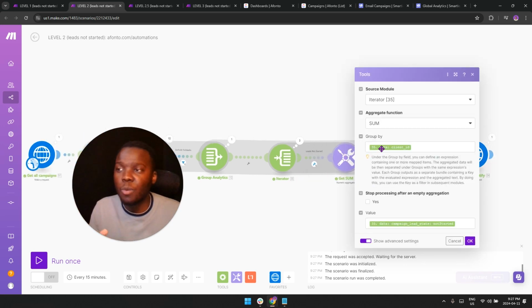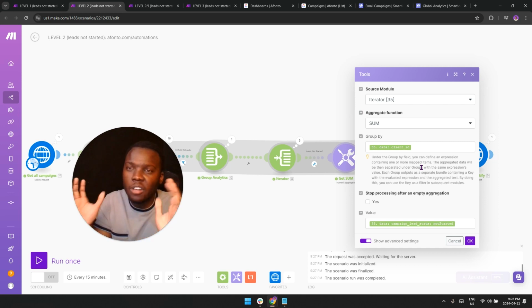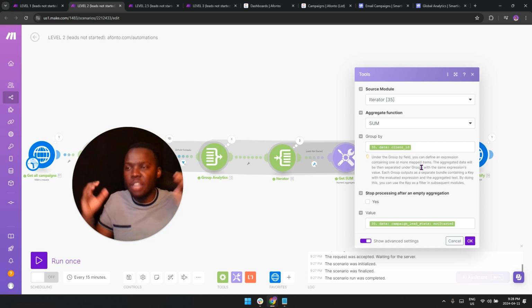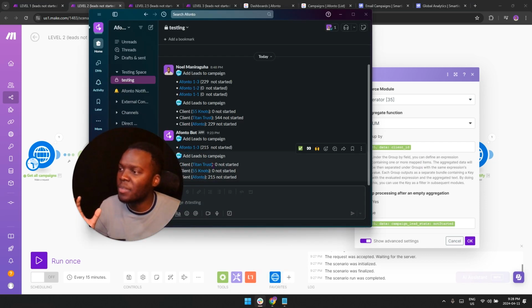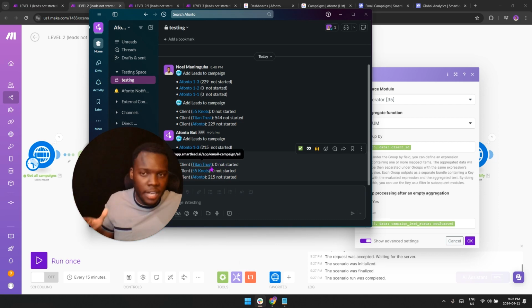Once we've done that, we're going to be adding all of those individual numbers up together. And so, as I mentioned, we're grabbing a bunch of campaigns, grouping them by the clients, and then once we've grouped them by the clients, we're going to be adding all of the individual campaigns' numbers together. What that's going to output is something like this, where we know that Titan Trust, across all of their campaigns